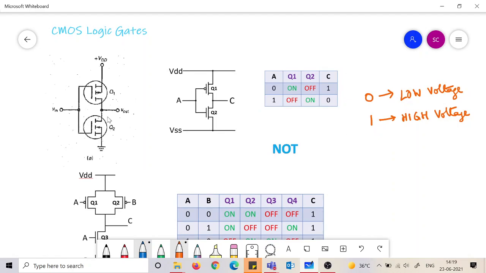So this complementary mode of operation ensures that one acts as a high load to another when it is open. So when one is closed, another one is open, and that acts as the loading of the closed switch. So when this is closed, this acts as a load. When this is closed, this acts as a load. And this load is very high resistance, so you can consider it almost open. So this is how it works.